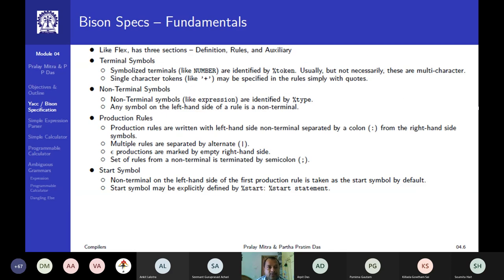Like Flex, this Bison also has 3 sections separated by, if you remember, the %% symbol starting from the beginning of the line. So this symbol we place twice, and that way we get 3 positions, or 3 sections rather: definition, rules,